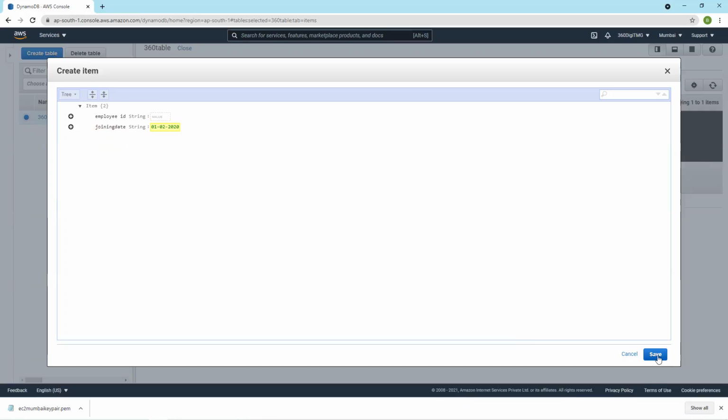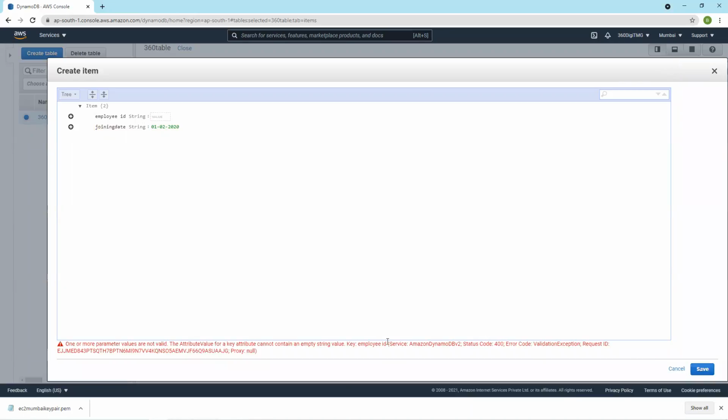It will throw an error. See why? Because of one parameter, the primary key. It only checks the primary key. So you have to provide the primary key, that is employee ID.